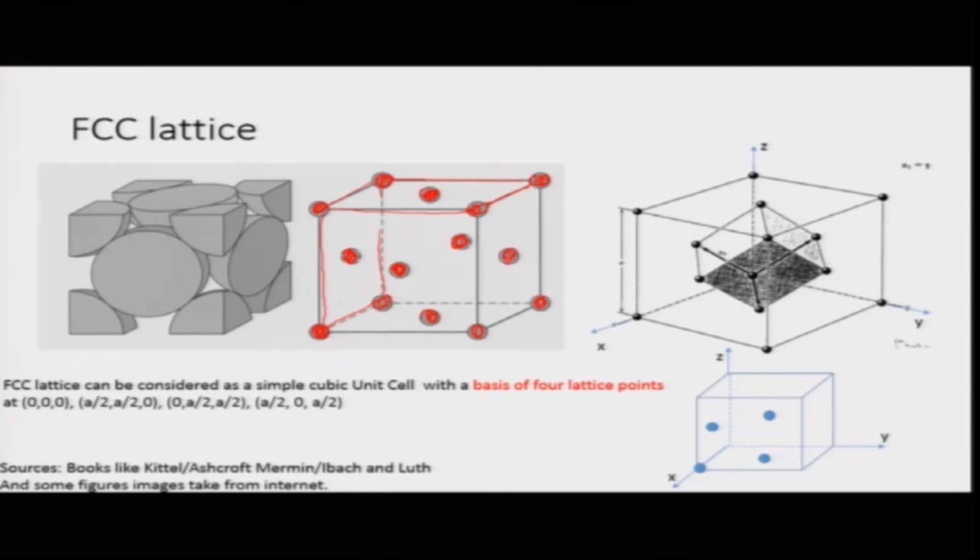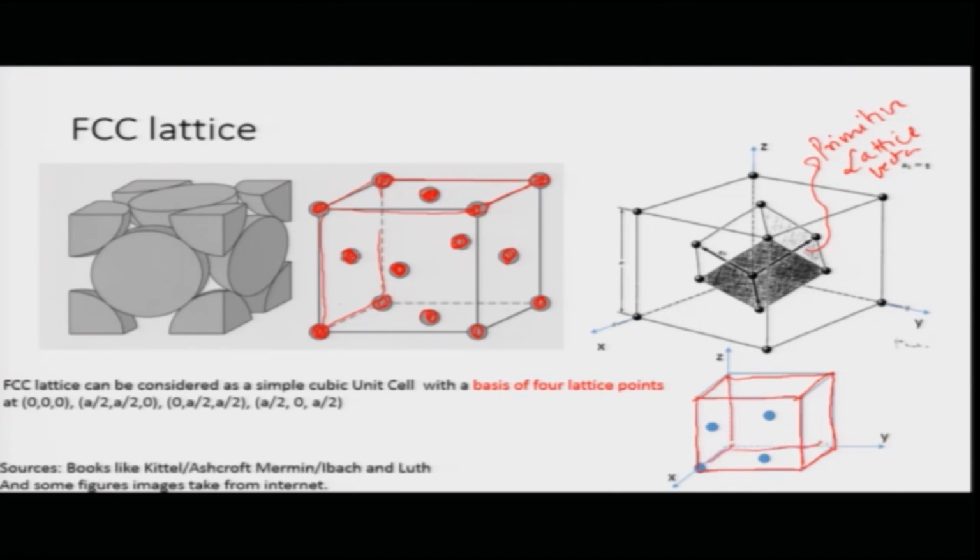For the face centered cubic structure, you can define your primitive lattice vectors as shown here. Apart from that, as I told you earlier, the face centered cubic structure can also be defined using a simple cubic unit cell. This is your conventional unit cell, also called a unit cell. This is not the primitive unit cell. This is your conventional unit cell, which is a simple cube, which is drawn here. But now,